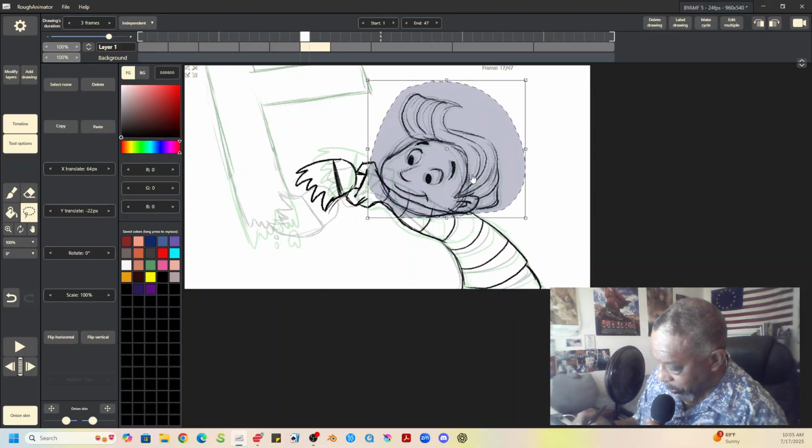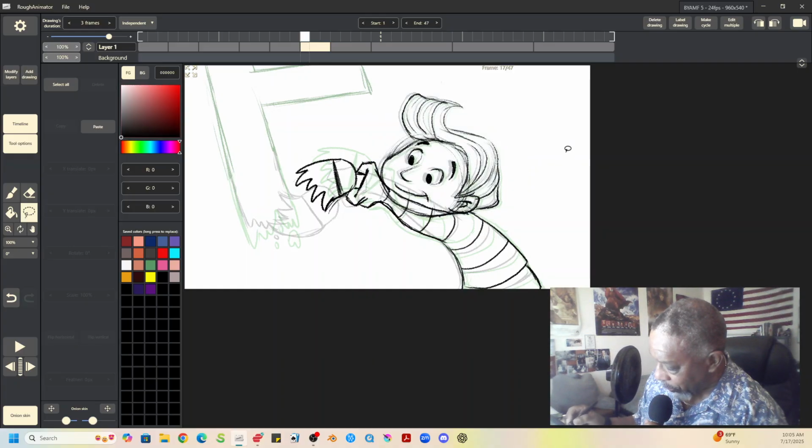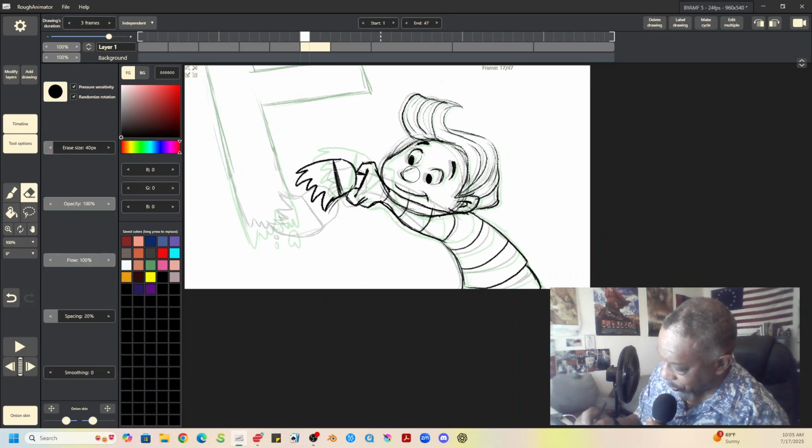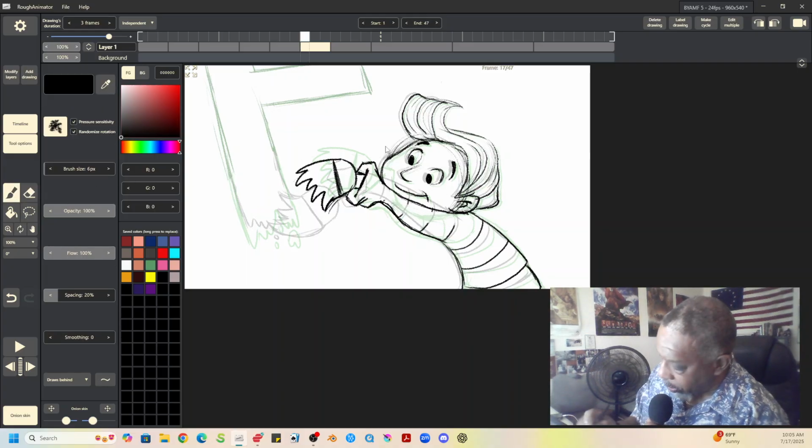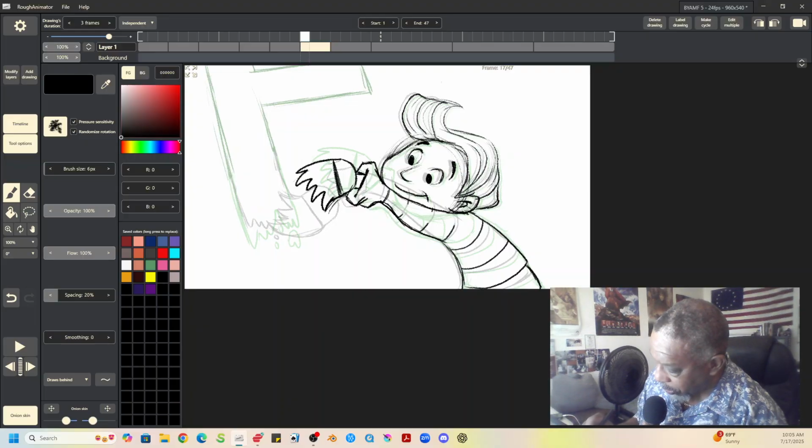So what you want to do is try to get it in those in-between spots. You look at your in-between, your green and black images to see just where that head needs to go. Then you can let loose on your paste and make sure you got it in the right spot. Do your touch-ups,